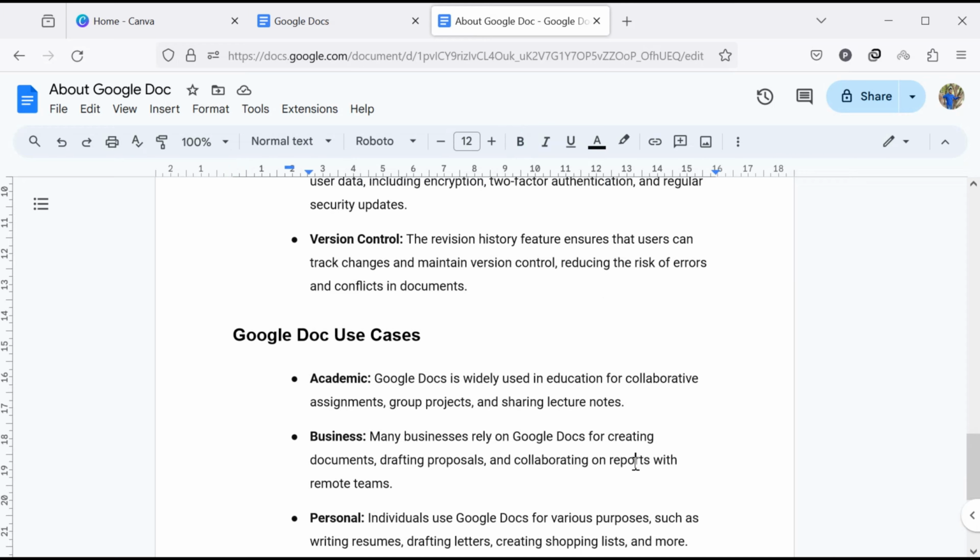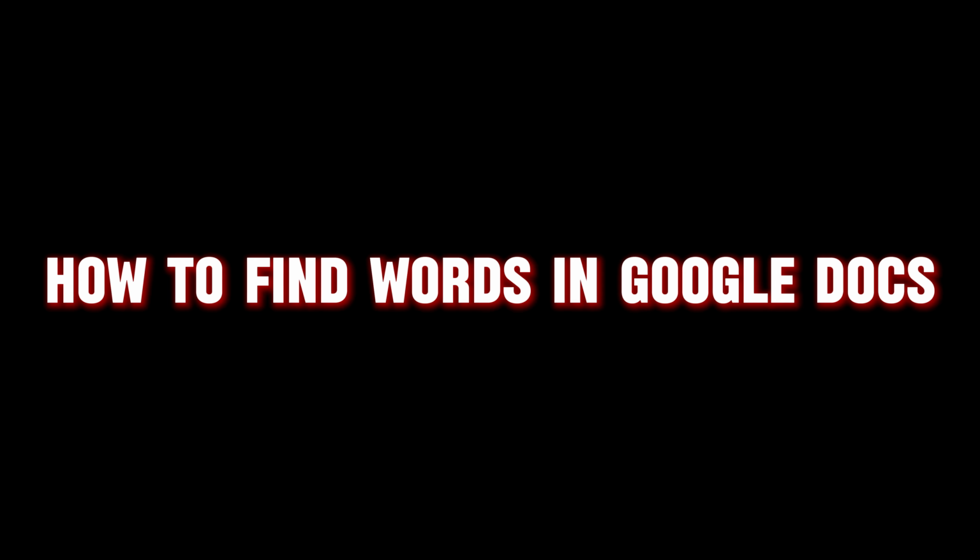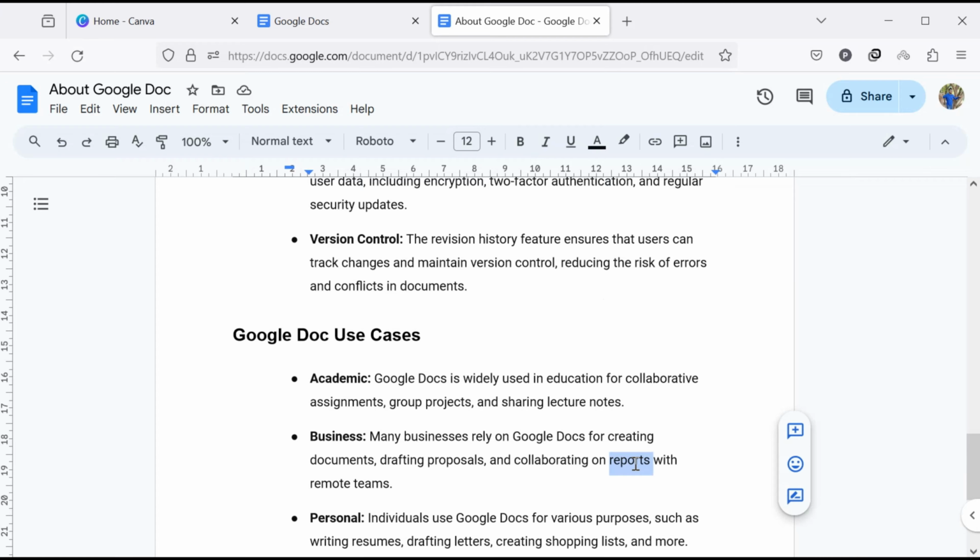Today, I'll guide you through how to find words in Google Docs. If you've been searching for a way to search for a specific word in a Google document, you've come to the